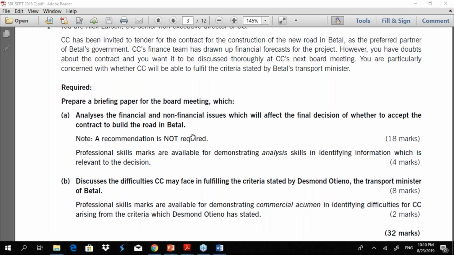And this is not a very difficult thing to do. This is not very technical. The only thing you need is a bit of understanding about the business. Then you can relate it clearly to the key financial and non-financial aspects.